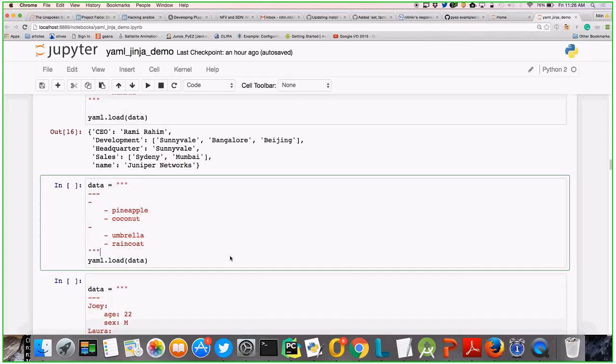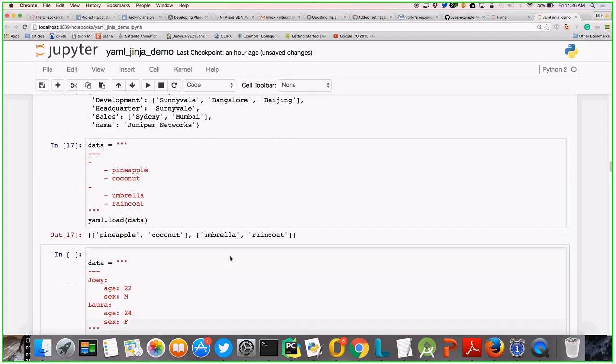So we had a simple dictionary or a simple list. Similarly, you can have a list inside a list, or a dictionary inside a list inside a dictionary. All those things we can play around with. So if you see here, this defines a list, as I told you. Again, this defines a list, right? So this is a full list. Inside that, these two elements become part of a list, and these two become part of another list. So you need to decide how your data should look, and accordingly you need to define your own YAML file.